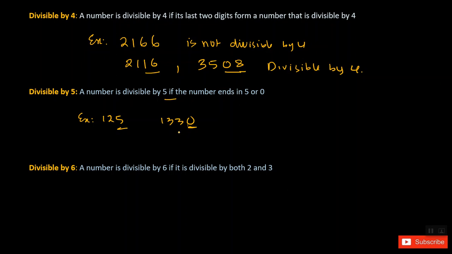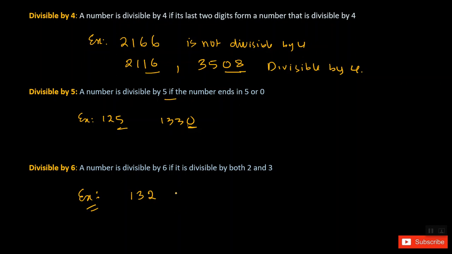Let's move to the next. Divisible by 6. A number is divisible by 6 if it is divisible by both 2 and 3. The number is divisible by 6 if and only if that number is divisible by both 2 and 3. Let's take an example. Let's take